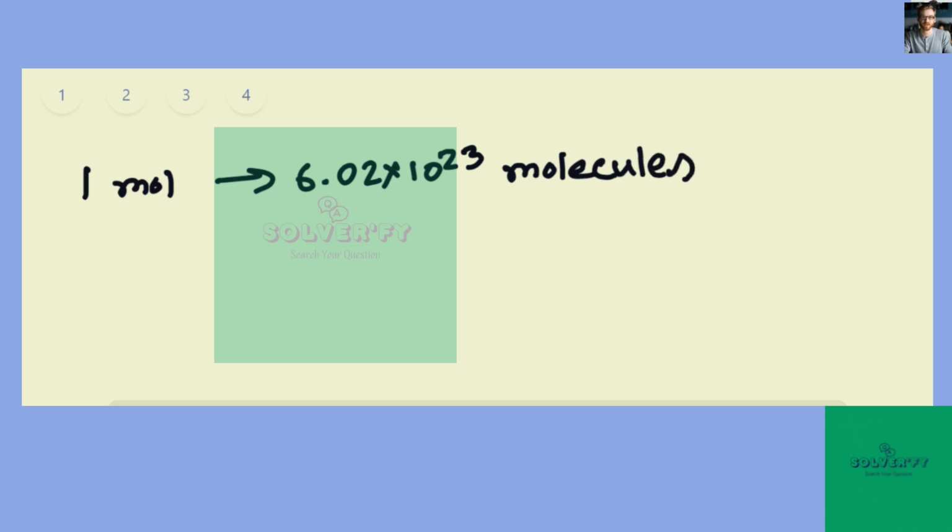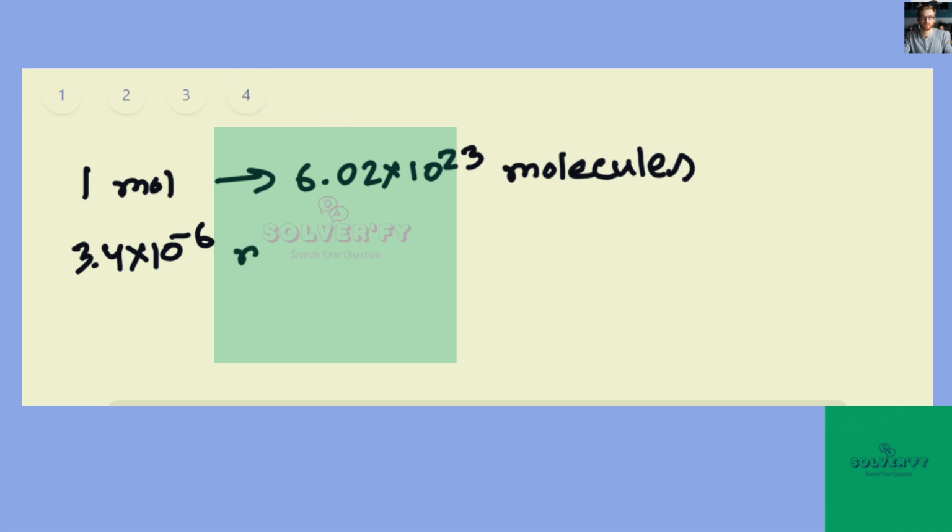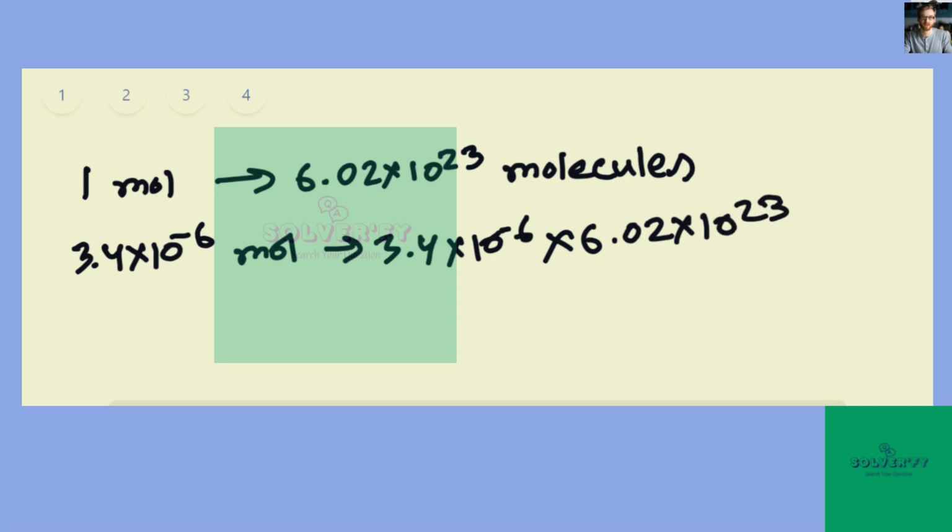That means 3.4 times 10 to the power minus 6, which is the number of moles for this mass, will contain 3.4 times 10 to the power minus 6 times 6.02 times 10 to the power 23 molecules,